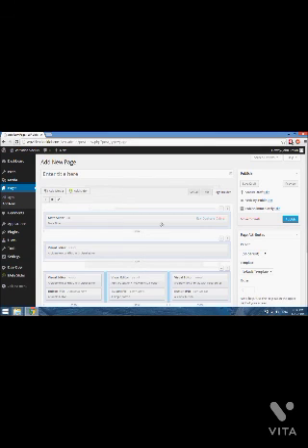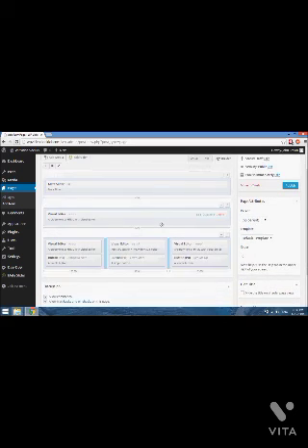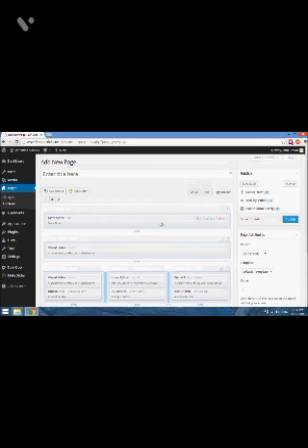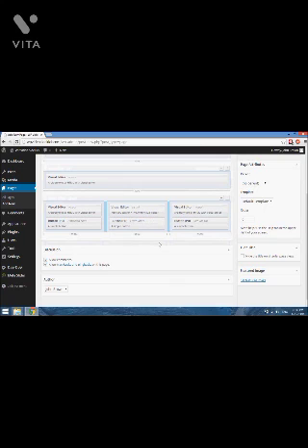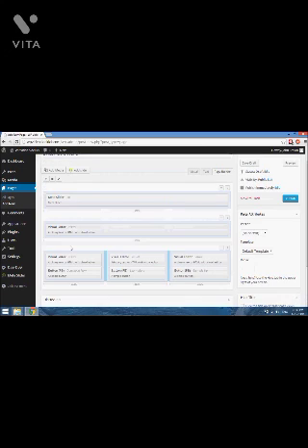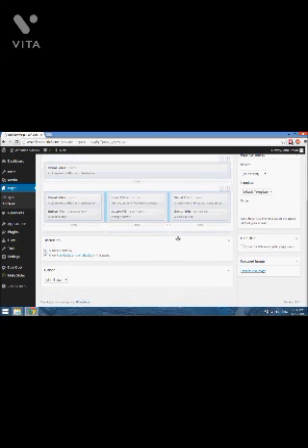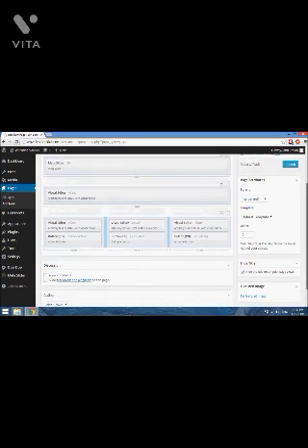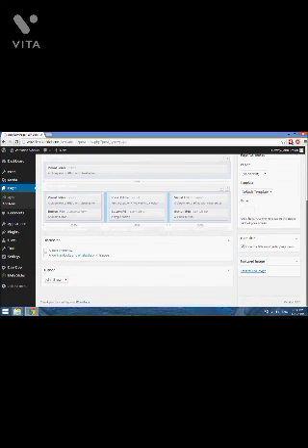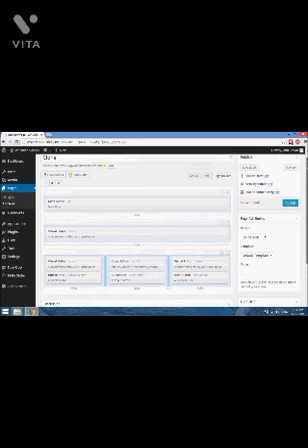Then it will clone the exact layout with all the widgets and the columns and the settings that we had before. And if we just name this clone, we can go and take a look at it. As you can imagine, it did take us a little bit of time to get the settings and get the rows and the columns and everything exactly the way we wanted. But now that we've done that hard work,